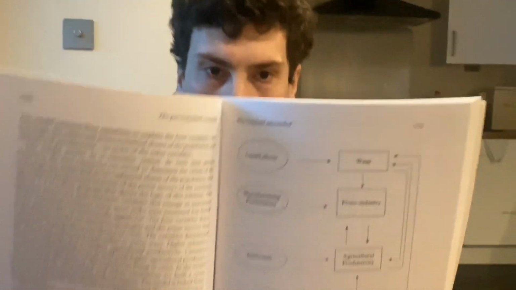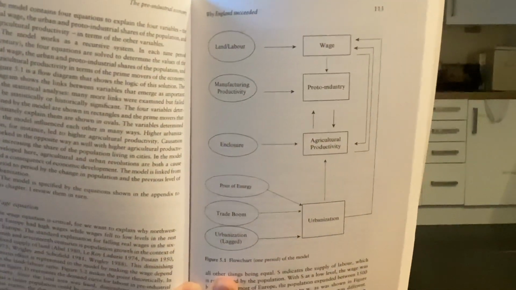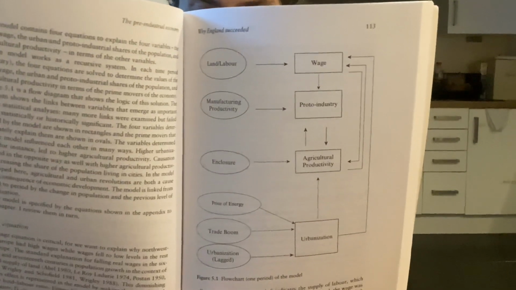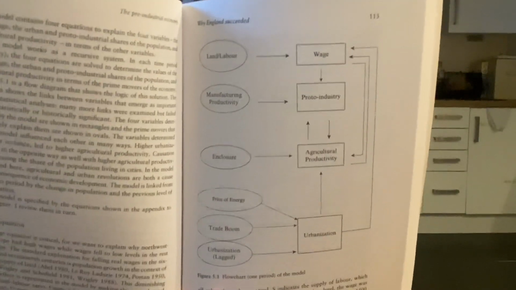So let me just see if I can find you one more graph, and then you can check the book out for yourself. In fact, I won't show you a graph, I'll show you a chart, because it really summarises the book in one nicely put together chart. But you can see there are all of the factors that the book goes into in quite some detail.